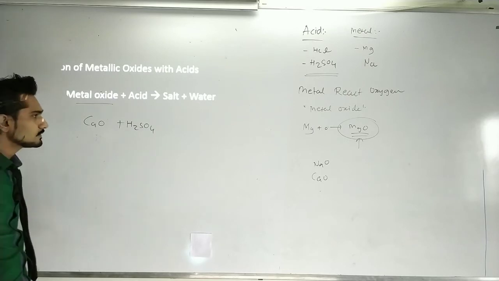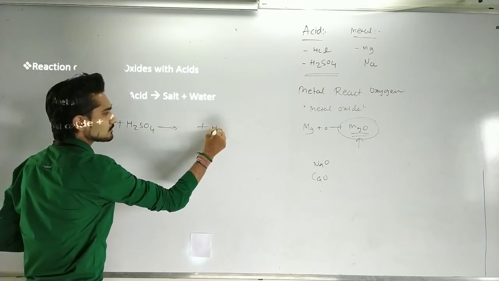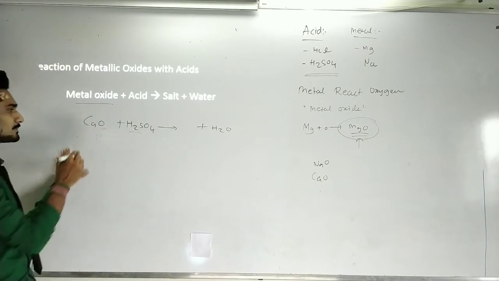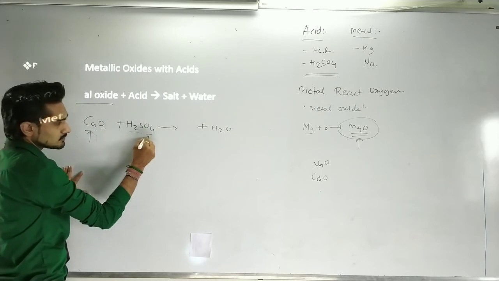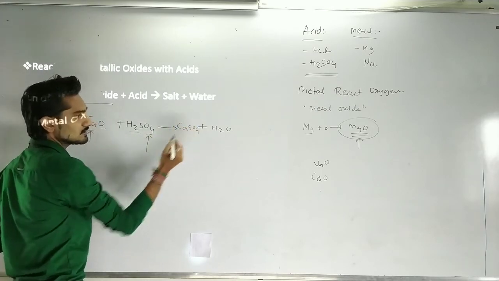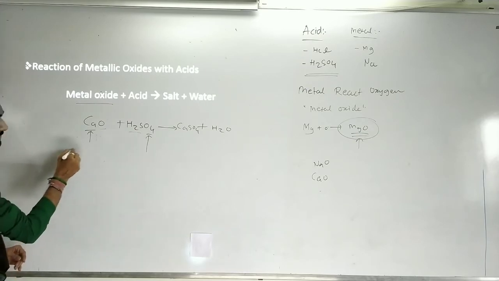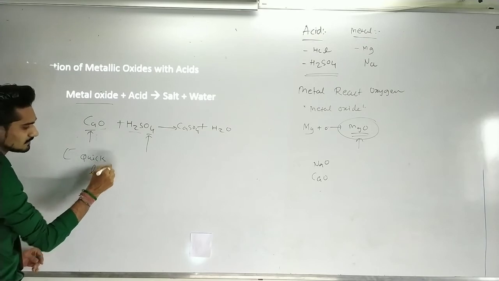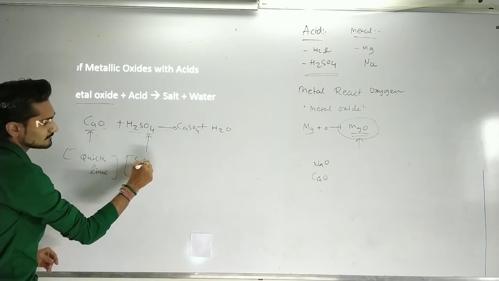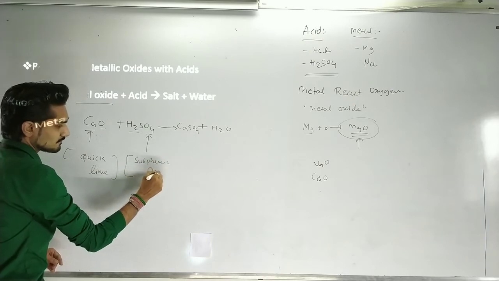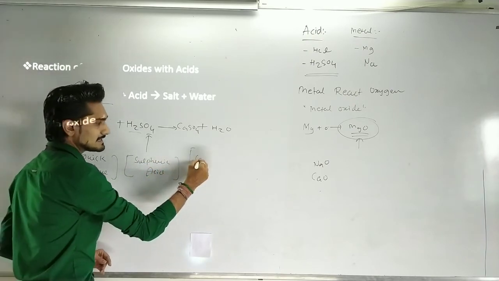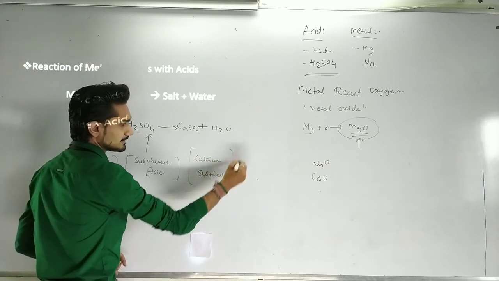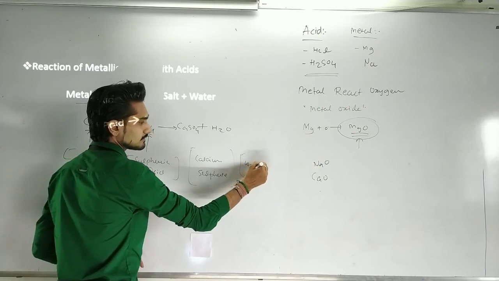Now, what do I have to do? I have to create the two molecules of water. It means H2 here, and the oxygen will be gone. Now, what are the remaining byproducts? Ca and SO4. So I can write it here: CaSO4. You can say that CaO is calcium oxide or quicklime. Here it is sulfuric acid. When it combines, it makes calcium sulfate, and it also releases the water.